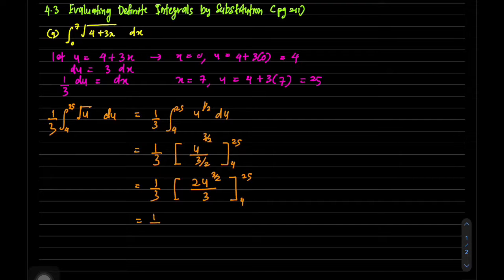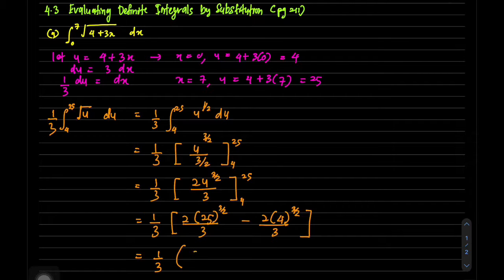Then substitute the values, 1 over 3, 2 times 25 power of 3 over 2 over 3 minus 2 times 4 power of 3 over 2 over 3, and then simplify 1 over 3, so this one is 2 times